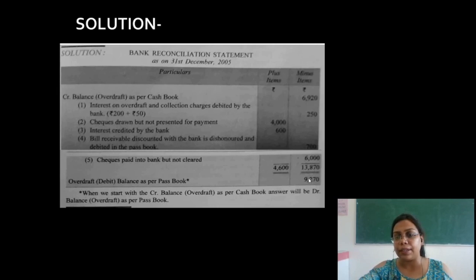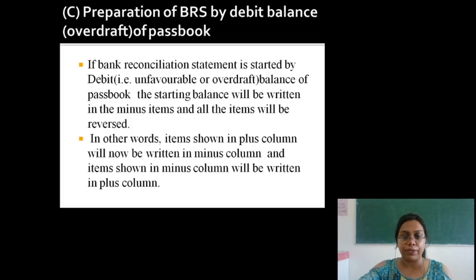In minus items because we started from here. So we will end here itself. Credit as per cash book equals debit as per passbook. Okay, so now the third kind of situation or method is,